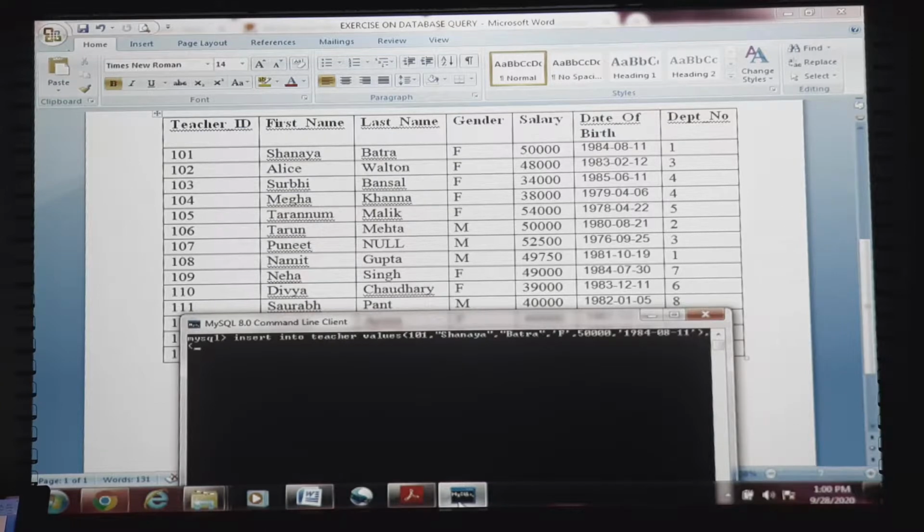Now the next tuple we will insert, that is 102, comma, double quote Alice, double quote, Walton, double quote, then gender character, single quote female, then salary is decimal, then date of birth is date.